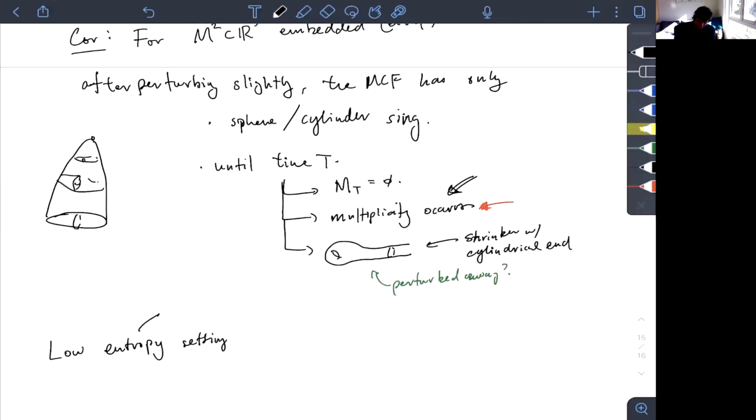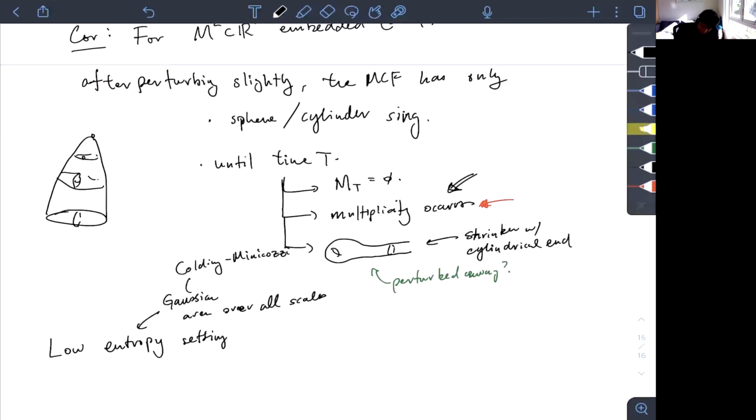And so entropy is the Gaussian area over all scales. It was introduced by Colding-Minicozzi. I should say that when Colding-Minicozzi introduced entropy, they used it to prove linear classification. So they used it to prove classification